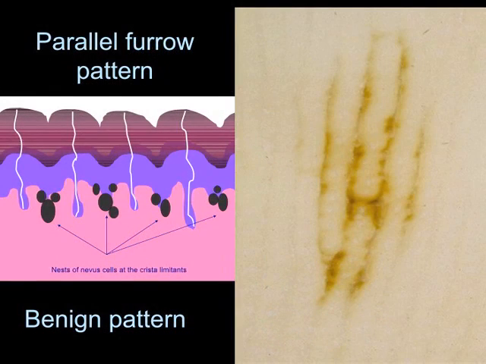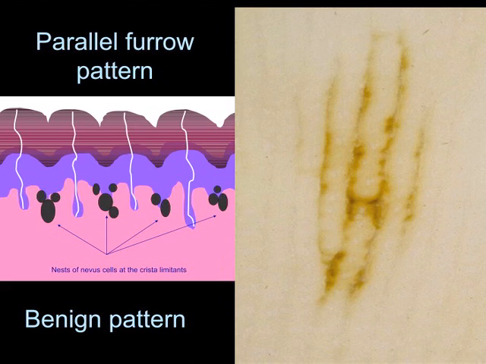Parallel pattern basically is due to pigmentation that sits in either the ridge or the furrow of the skin. So you have your ridge, this is the furrow. The ridge is really the dermatoglyphic, right? When you put your fingerprint, you're getting the dark ridge as your fingerprint, that's your ridge, and then here's your furrow. Now, nevi like to grow on the rete ridge,